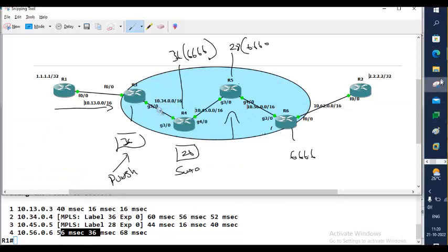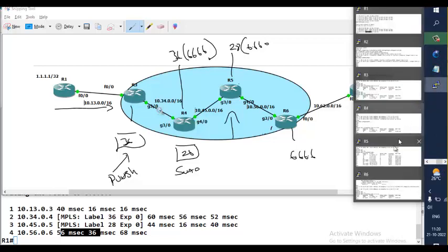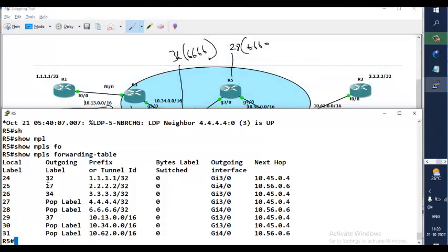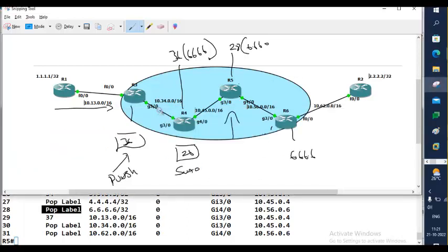Because if you check R5's LFIB table, the label forwarding information base, it says I will not put any label, I will just pop the MPLS header and send it without any MPLS header. Why is this done by default? Now you see, if it received it with a label,